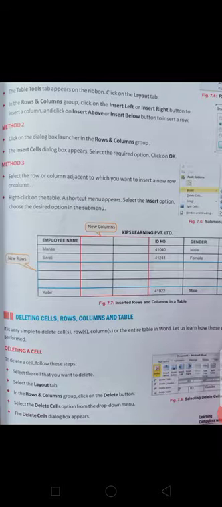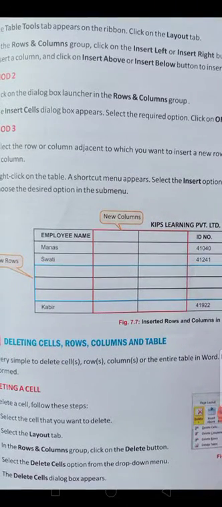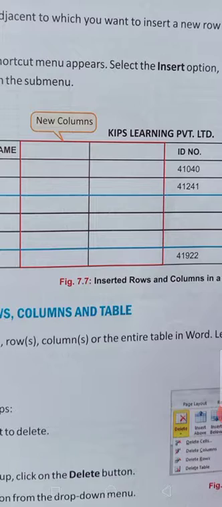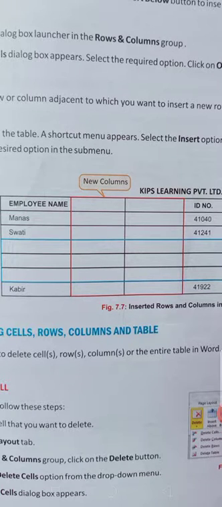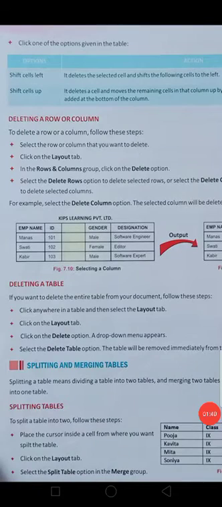Okay, our first option is deleting a cell. To delete a cell, first of all we need to select our cell. After that we go to the Layout tab. In the Rows and Columns group, click on the Delete button. All of you can see here the delete cell, delete column, delete row and delete table options. You click delete cell and it will delete your desired cell. In deleting a cell it will provide two options: shift cells left, shift cells up. So whatever you want, you can choose.